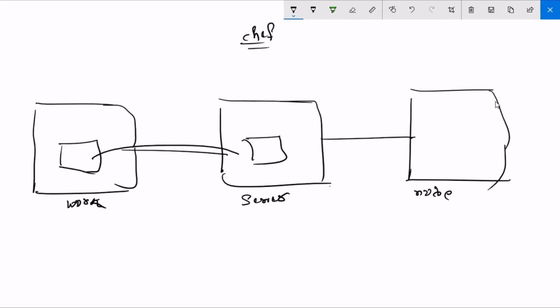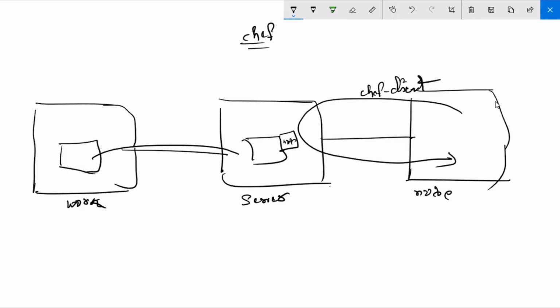You know how to attach that cookbook to node. And you know how to automate chef client. Right? This is what we have seen till here. Correct, guys? Correct or not?